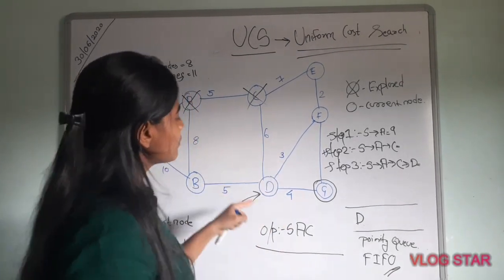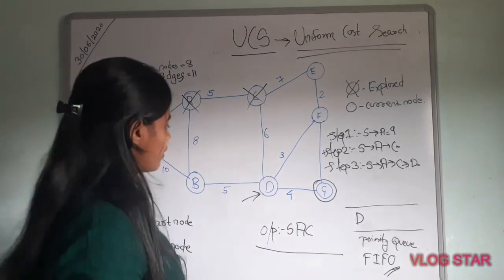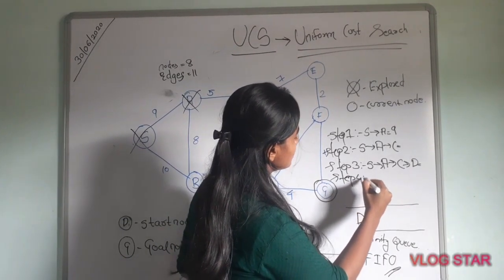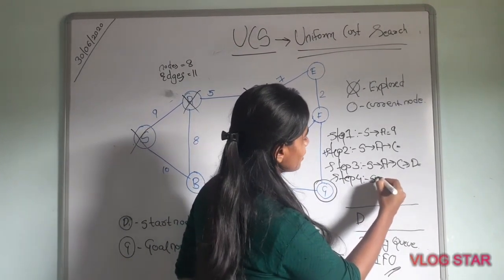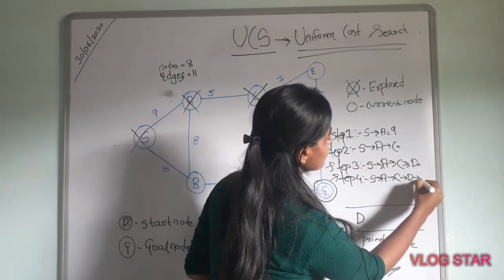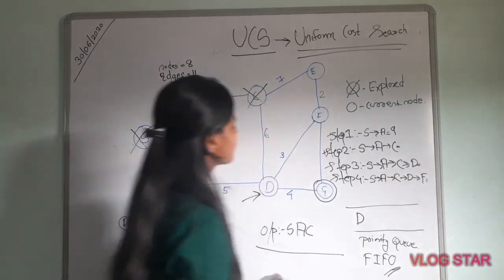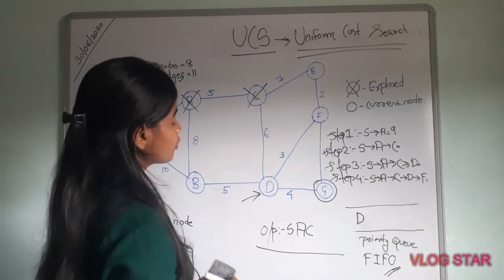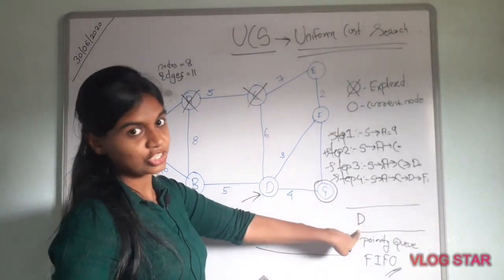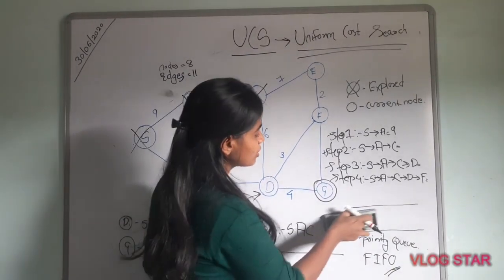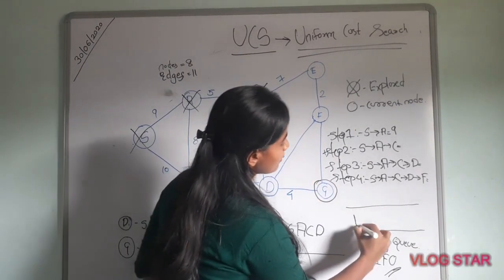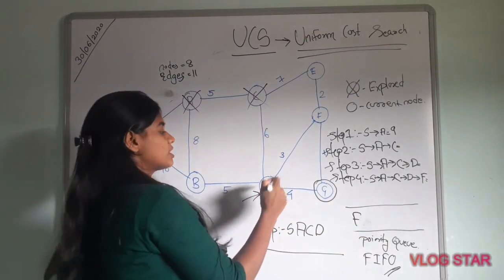So our fourth step is D is connected to F. So S to A to C to D, and D to F. Okay, so the cheapest value is F. So I will put F into the priority queue, but before that D is present in the queue. So first we will dequeue D, and I will display the output, and I will put F into the priority queue, and I will explore D.